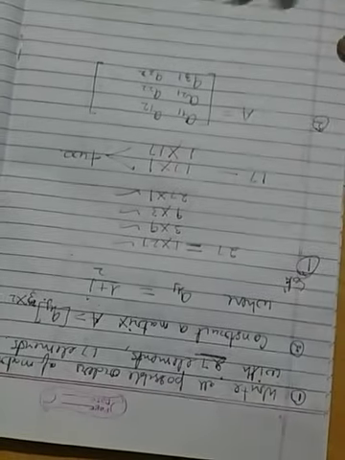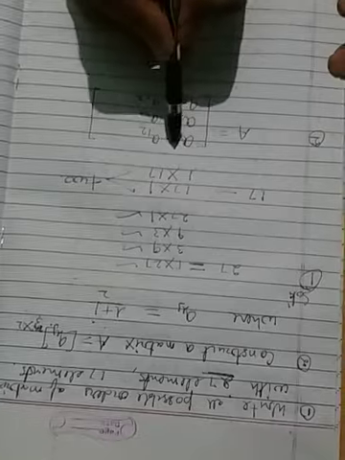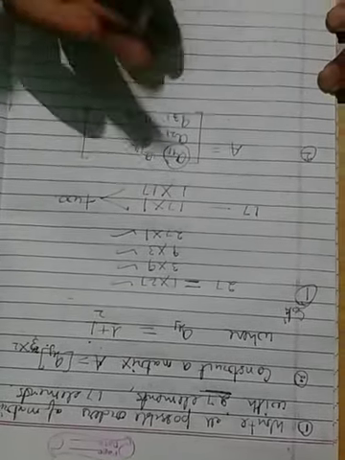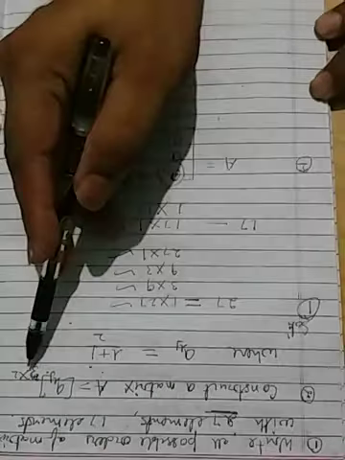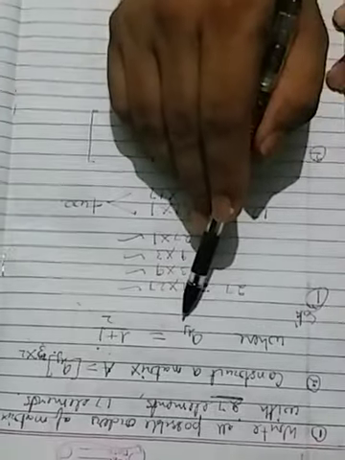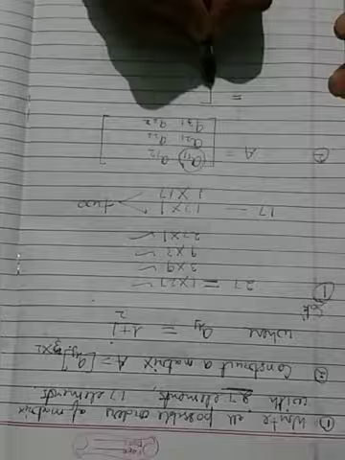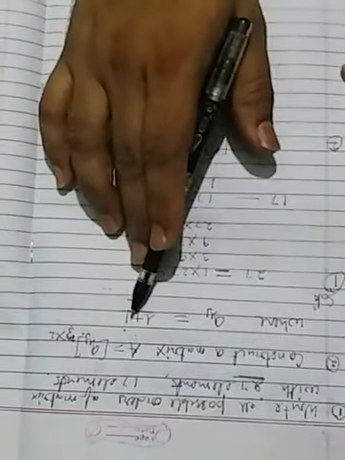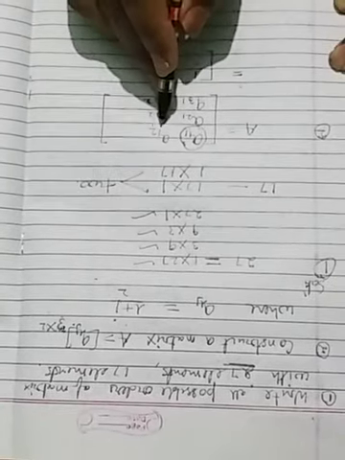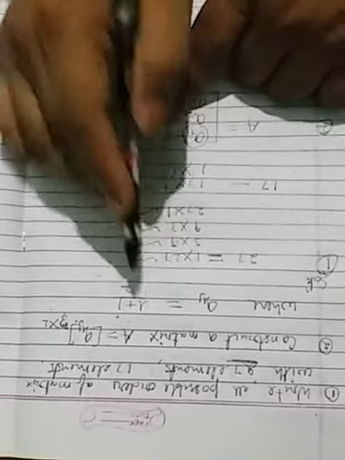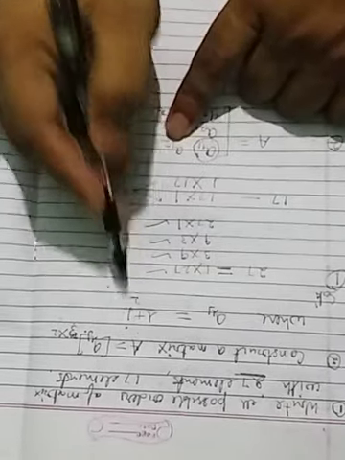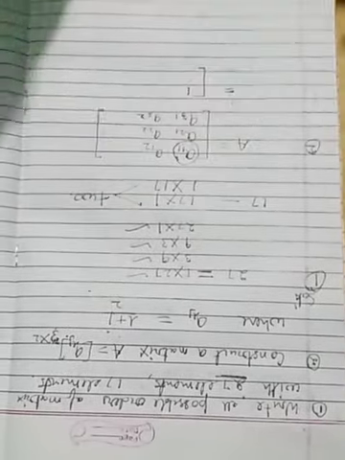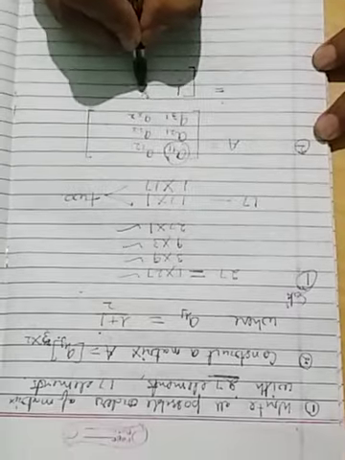So this is the matrix. Now we have to replace the values in place of A11, A12, etc. And for the purpose, it is given in the question itself that Aij equals i plus j by 2. So for first case, i is 1, j is 1. So value is 1 plus 1 by 2. So 2 by 2 is 1, that is 1. What about 1, 2? In place of i, we have 1. In place of j, we have 2. So 1 plus 2, that is 3 by 2.